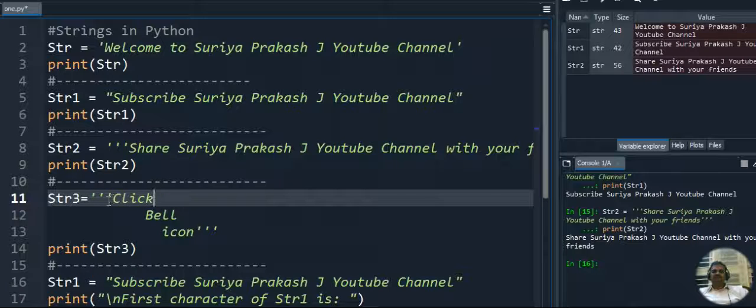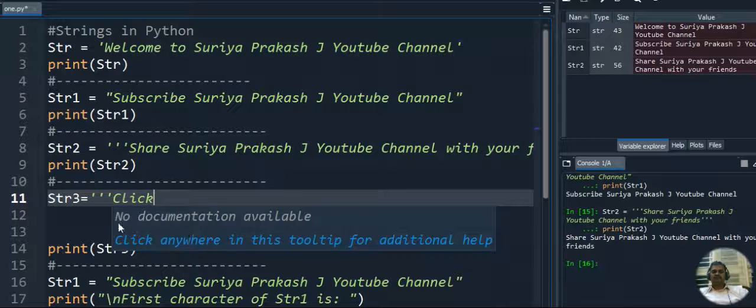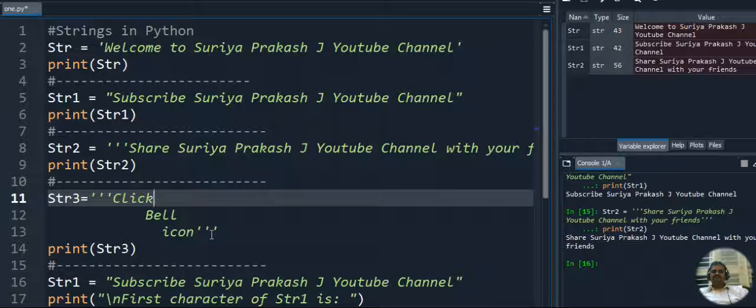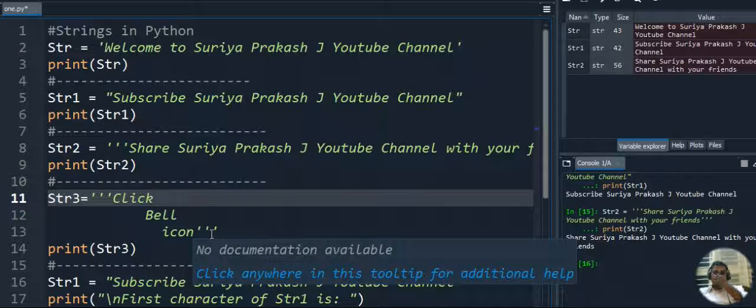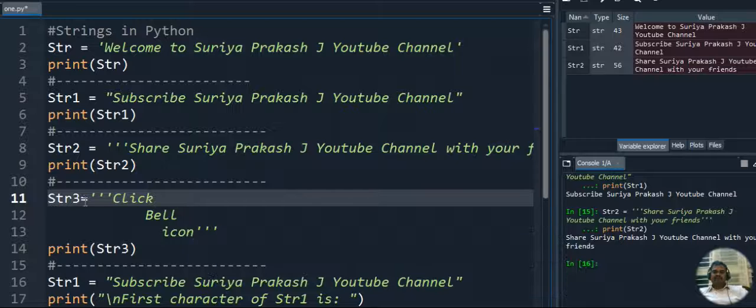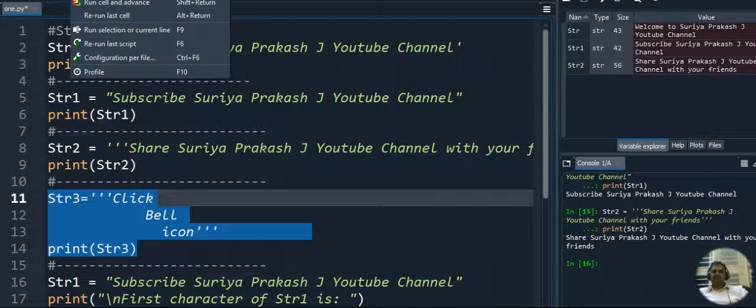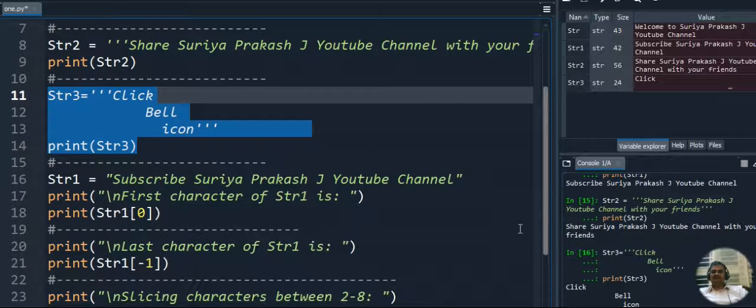I am giving it like this with triple quotes, and this triple quoted statement will be considered as a string and stored in str. When I execute this code, it will display the output the same way: the first line will be click, the next line bell, and the new line icon.